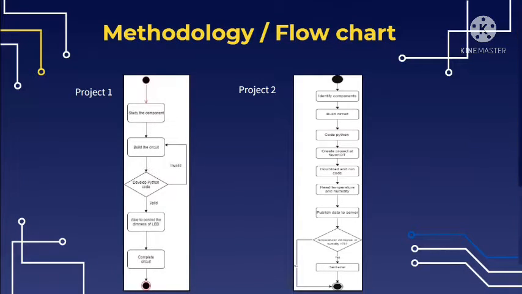If the code fails to run, then we have to fix the circuit properly, so we have to build the circuit again. Therefore, if the code is valid, we are able to control the dimness of the LED using the circuit we have built. Then Project 1 is considered successfully completed.